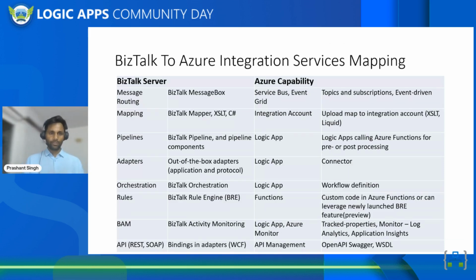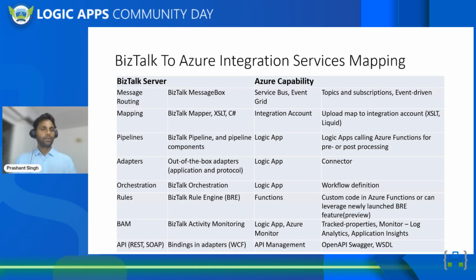Here I'm talking about the BizTalk capabilities and how they can be mapped into Azure Integration Services. The moment you talk about message routing, where you are publishing and subscribing messages, in that case, Service Bus or Event Grid, if you want to go for event-based things like a file is dropped into a file location or SFTP based. In that case, an event-driven mechanism will be there, and that is where we have to use Event Grid, or Service Bus in case you want topics or subscriptions,